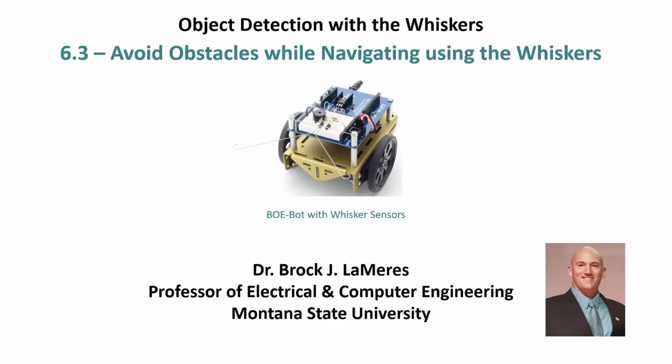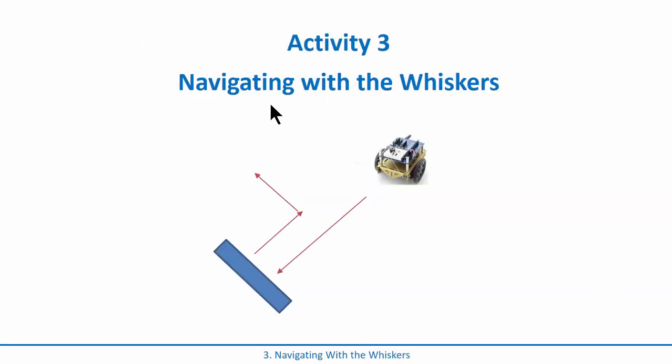Now we have our whiskers on here and we know that they work. Let's take a look at how we can use them to do obstacle avoidance, or at least influence some of our locomotion. So we're going to do Activity 3, navigating with whiskers. The reason it jumped to Activity 3 was because we're following along the Parallax tutorial, and so Activity 2 was